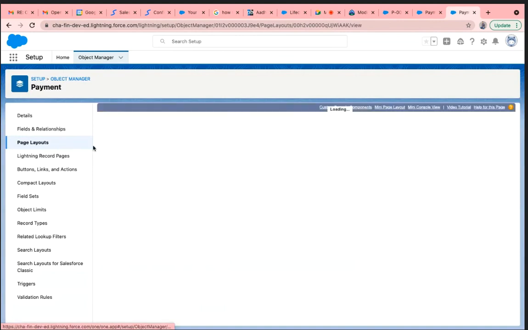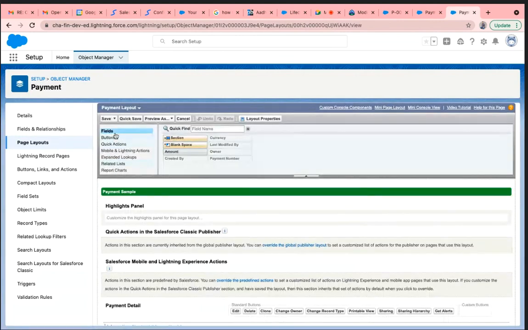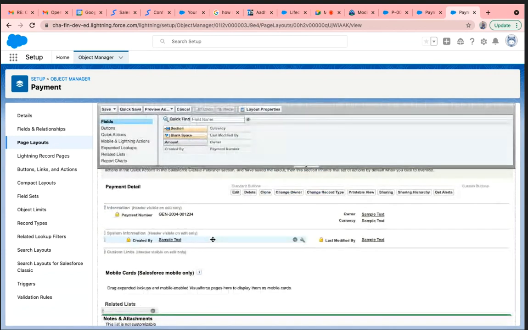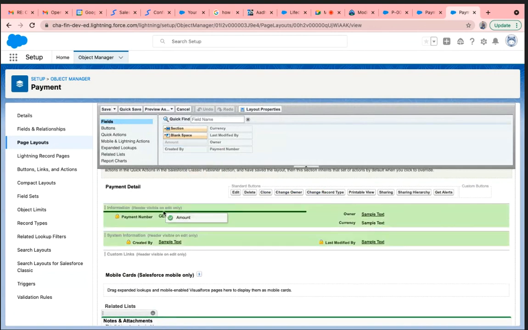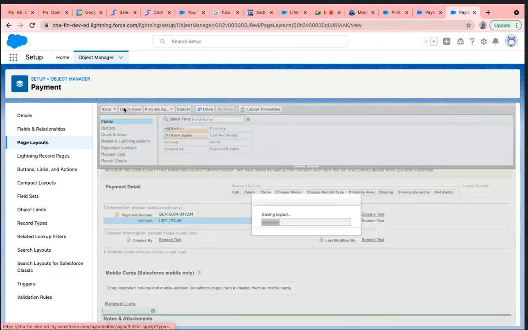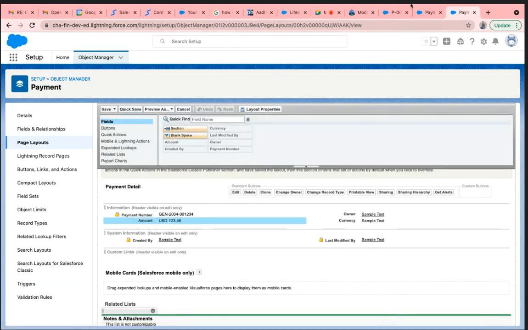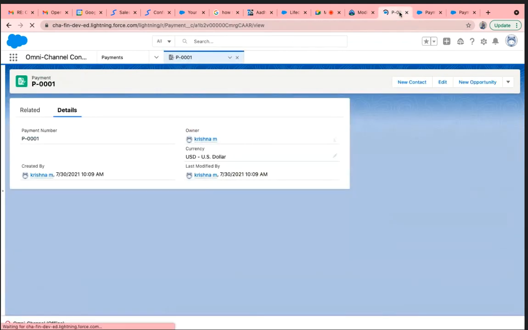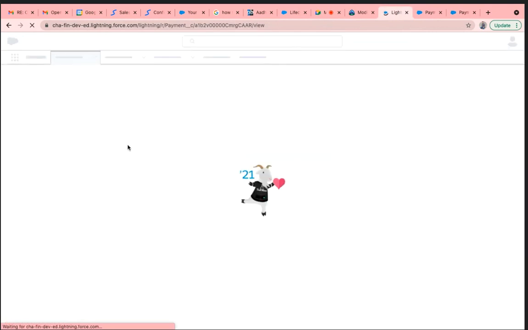Once you click on the payments, then you can see the fields here. Whether those fields are added or not, you can check here. Currency, these all things are there, but you don't have the amount field. You just drag and drop and leave it here. And quickly do the save. Now refresh this component. Let's see.